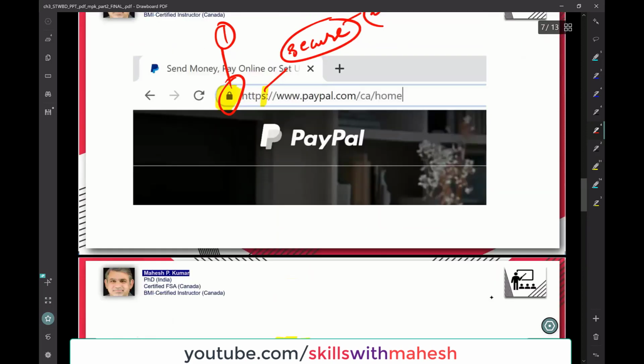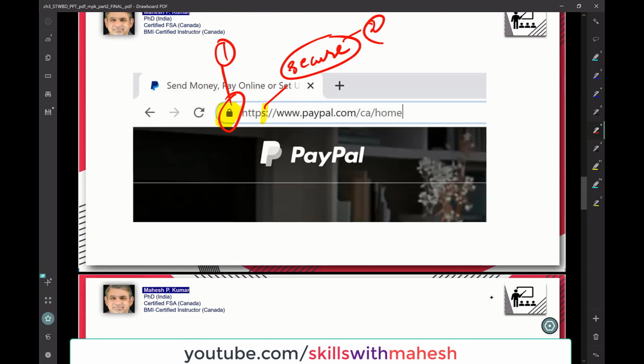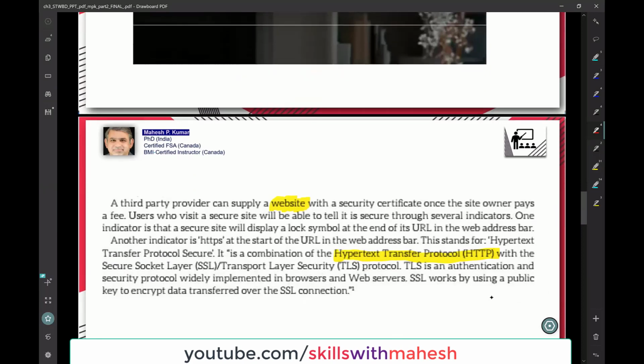And now the question arises, okay, I understand that when somebody is coming to my website, this guy has to hop from one gateway to another gateway. I understand somebody can steal that information, and I understand that I have to get these two things done. I have to make sure there is a lock symbol on my website. I have to make sure that I use the HTTPS protocol with the S, not just a simple HTTP protocol. But the question arises how I should get it done. And this is what we were reading, right?